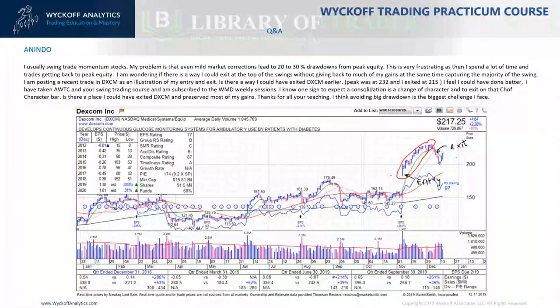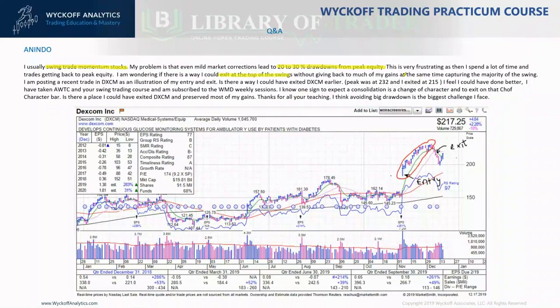And then another question. This one comes from Aninda. I usually swing trade momentum stocks. My problem is that even mild market correction leads to 20-30% drawdown from peak equity. Something what I've described to you just on the previous slide, right? So momentum trading is always going to produce that drawdown off the peak. This is very frustrating, as then I spend a lot of time and trades getting back to peak equity. I'm wondering if there is a way I could exit at the top of the swing without giving back too